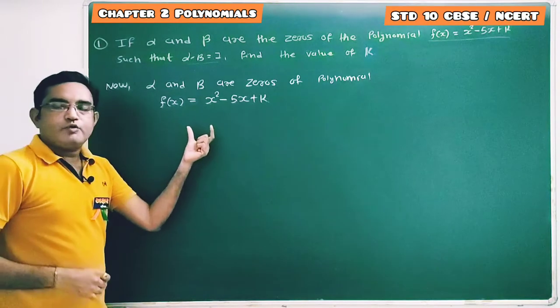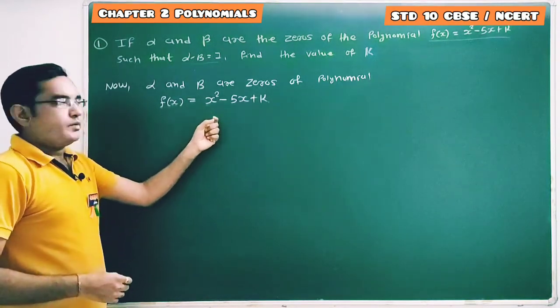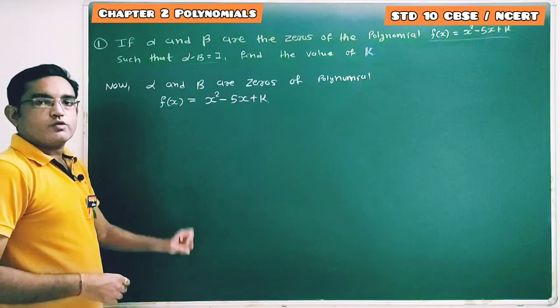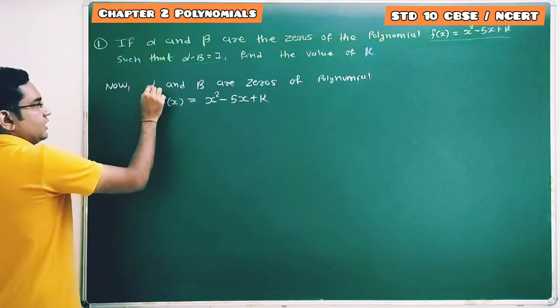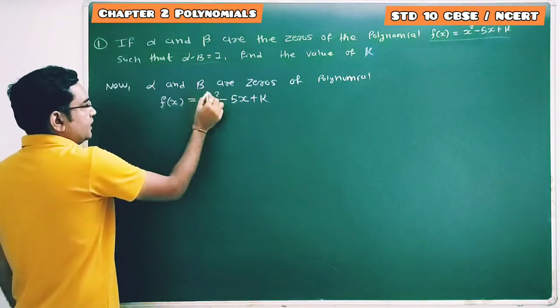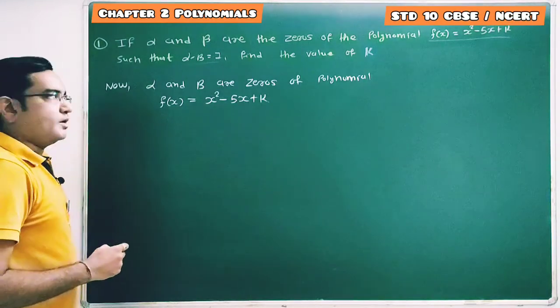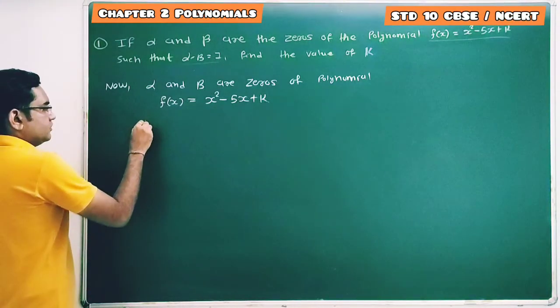This is one quadratic polynomial, and for this quadratic polynomial two possible zeros are there, and those zeros are alpha and beta. So alpha and beta are the zeros of this quadratic polynomial, and therefore we can write